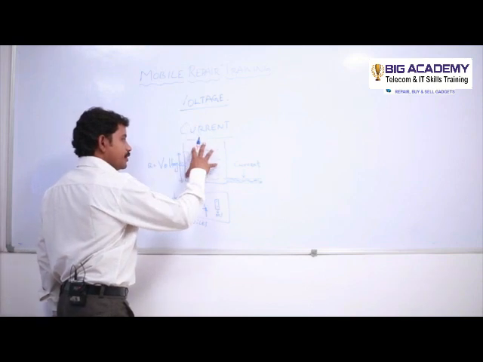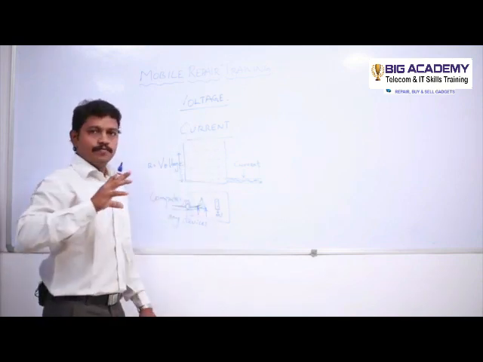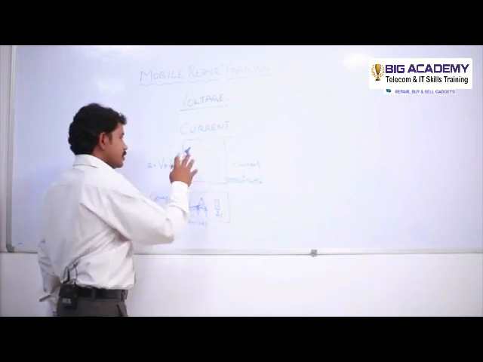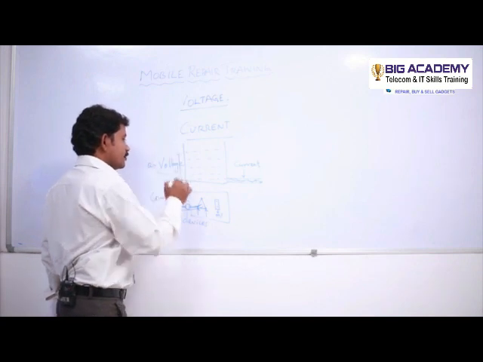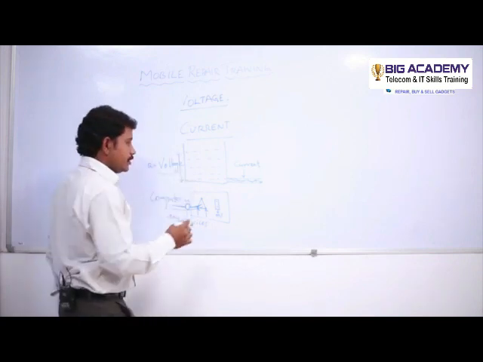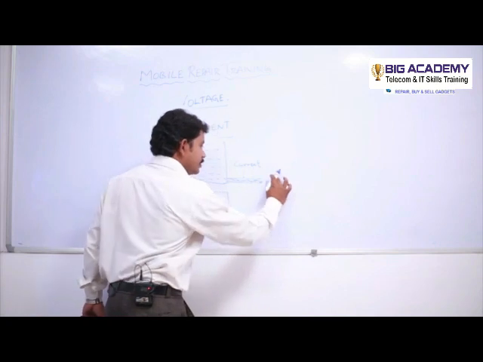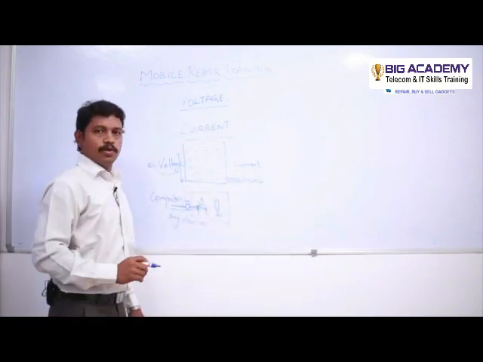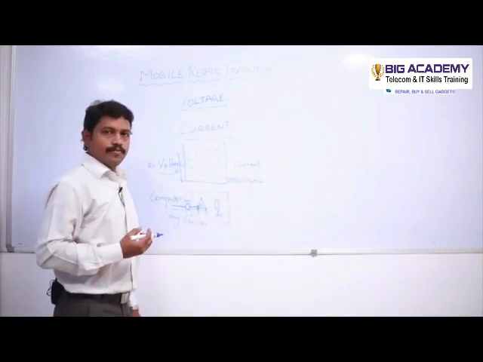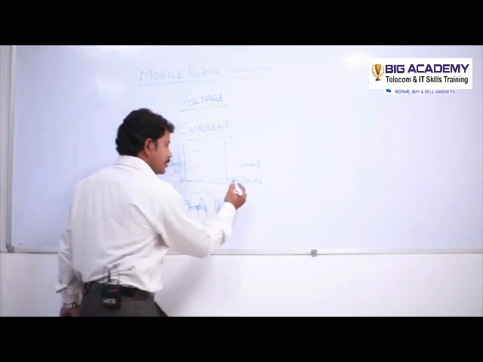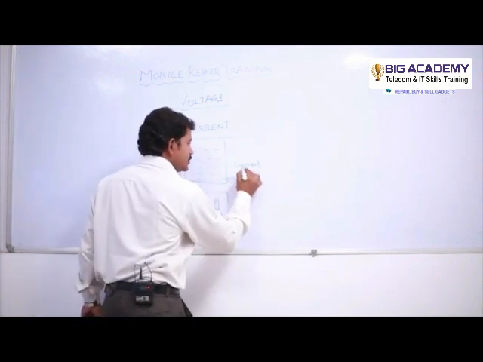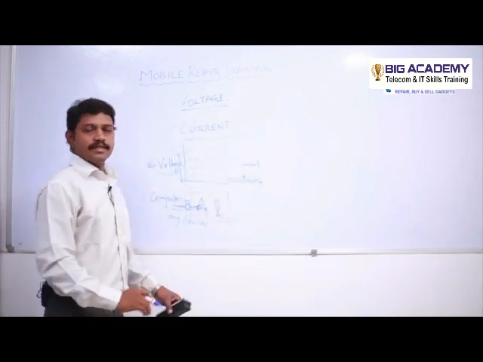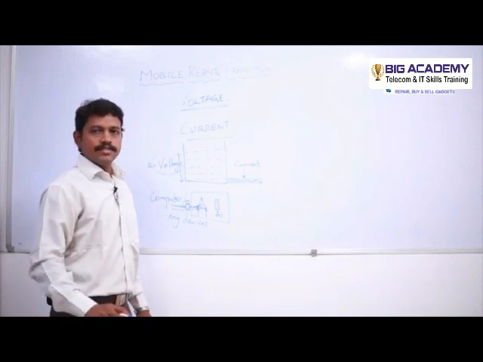If a point holds some energy source, that measurement gives you the voltage, and if it has been connected with some load and you take the measurement from that point, that value will be measured as current. And this is the difference between voltage and